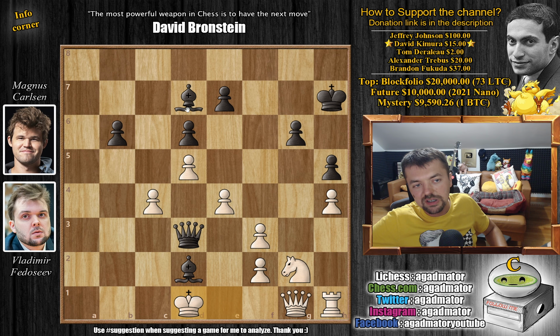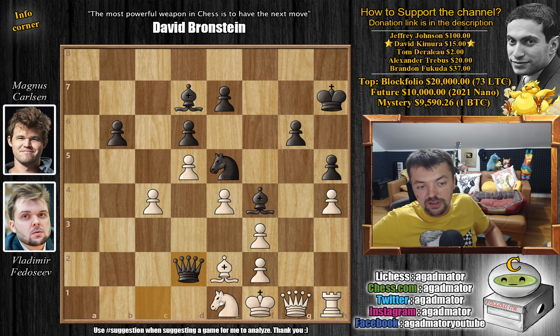So bishop d2 check, king to d1, and the bishop to a4 will be checkmate. So amazing stuff here, and this is why, if you guys were wondering, after queen to d2, knight to g2 is no longer possible. So everything would lose, but congratulations to those of you who were able to solve this